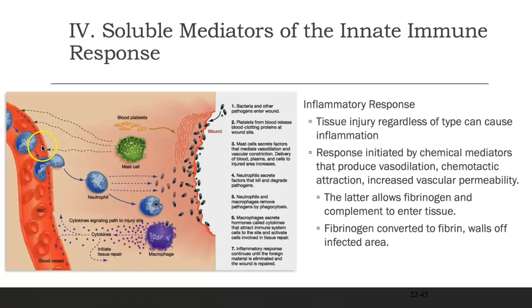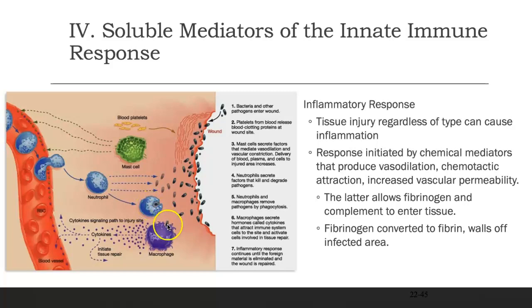Think of them as like speed bumps. And as it slows down, it finds a nice little space between the endothelial cells and goes through a process called diapedesis, where it's going to flatten and squeeze through the capillary wall. Then we have chemotaxis taking place, where the inflammatory chemicals that are being released are helping to attract it to this injured site. So our neutrophil here, you can see, is going through the process of phagocytosis, and then our